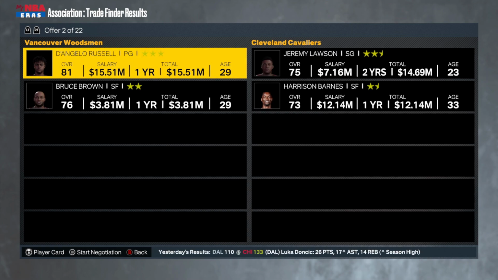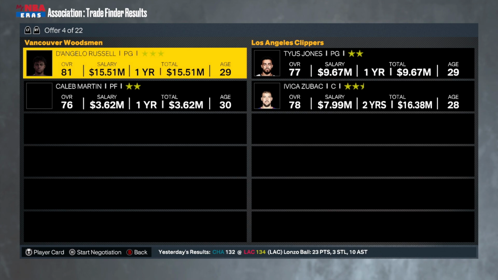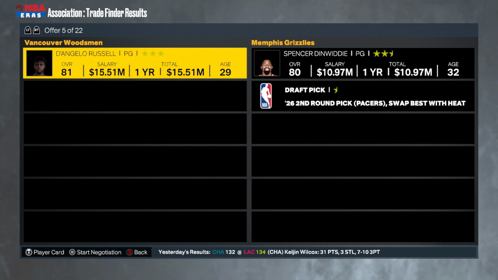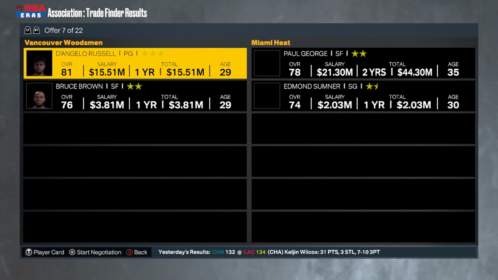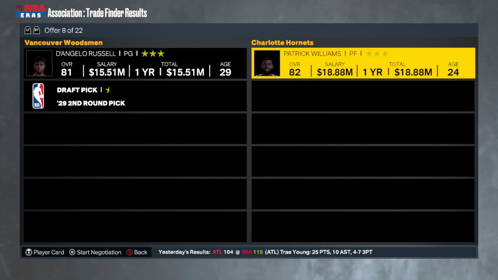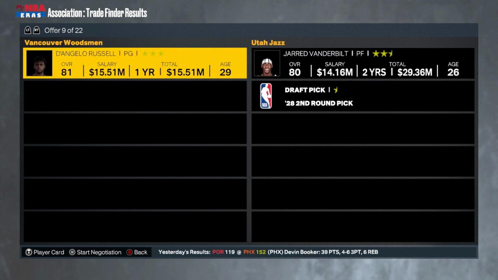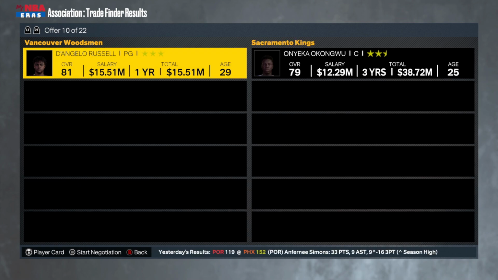But there's that offer. There's Bruce Brown and D'Lo for Lawson and Harrison Barnes. I don't like that. There's Luguentz Dort, Tyus Jones, and Zubac. We can trade for those guys back, I guess. Dinwiddie and a draft pick. But I kind of want a first round pick. This trade I would definitely not do. That seems very heavily favored towards us. Some of these trades aren't very accurate, I don't think. I mean, Okongwu was not a bad idea,